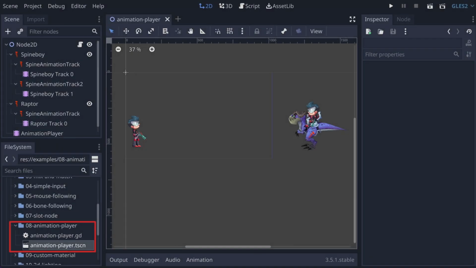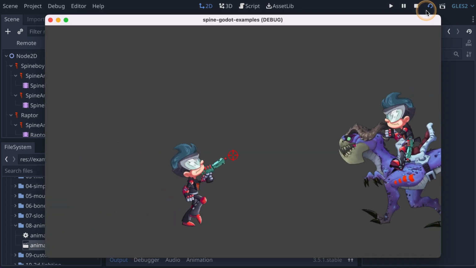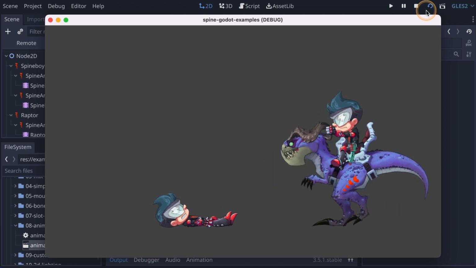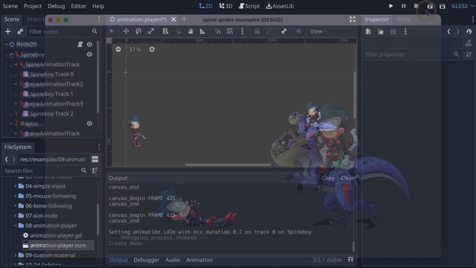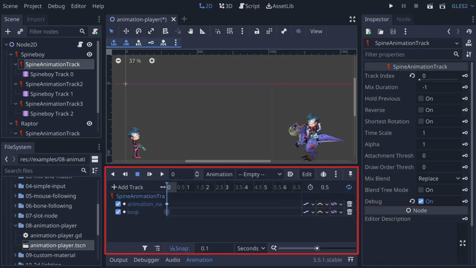This scene demonstrates how to use a Spine Animation Track node to create cutscenes using Godot's Animation Player user interface. When playing the scene, SpineBoy walks from left to right, Raptor appears from the right and roars, then SpineBoy falls backwards. A Spine Animation Track node lets you animate a SpineSprite via Godot's powerful animation editor. It can be easier to create cutscenes using Godot's animation editor rather than writing code. However, please note, Spine Animation Track must be considered experimental due to Godot's animation engine not exposing all the necessary